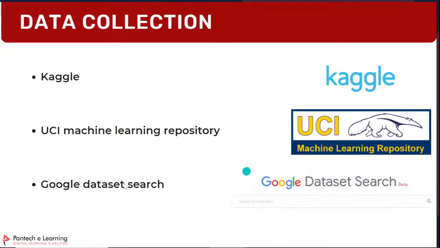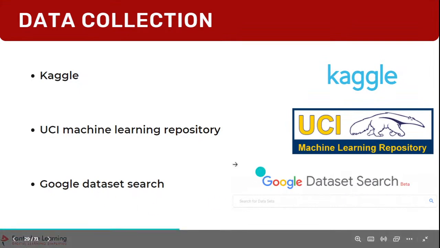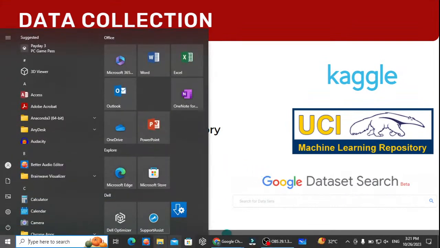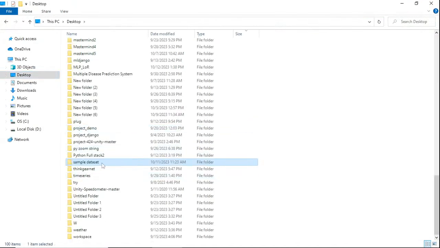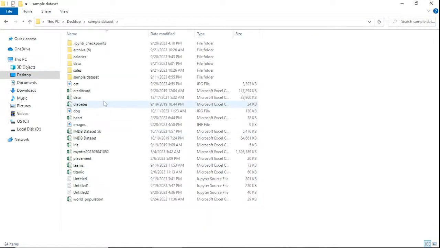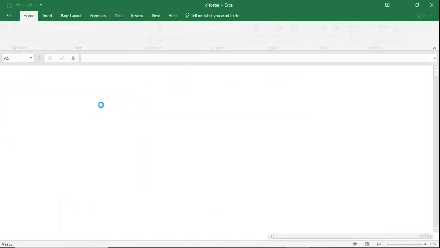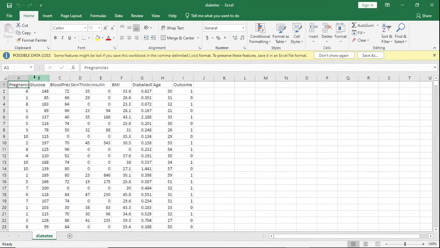You could also use Google dataset search to get data. For example, I have a sample dataset which I want to show you guys. This is a diabetes dataset. It's a CSV file. Anyone know what a CSV file is?